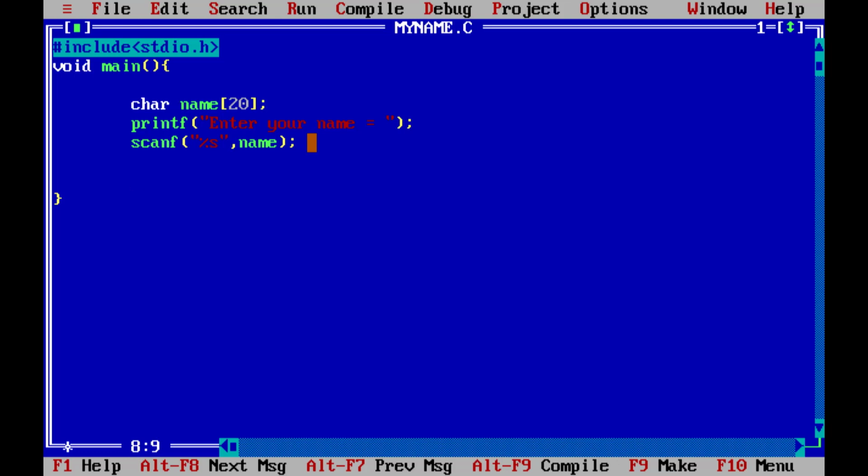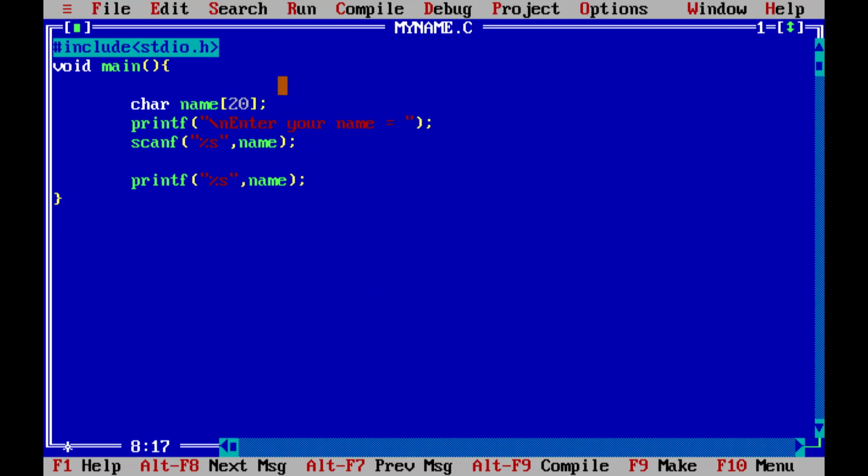To do that, again we are going to use the printf function, and this time instead of writing name here, we are going to write %s, and after that add a comma and your variable name. So this will get the string value from our variable, which is name.